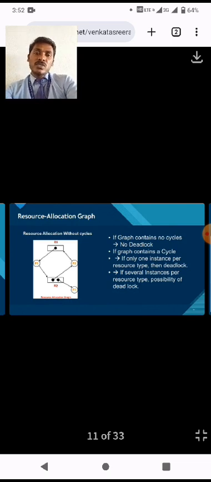If the graph contains no cycle, there is no deadlock. If the graph contains a cycle and there is only one instance per resource type, then there is deadlock. That means there is a possibility of the situation becoming a deadlock, but it is not serious. Then if there are several instances, which means instances of a process, if